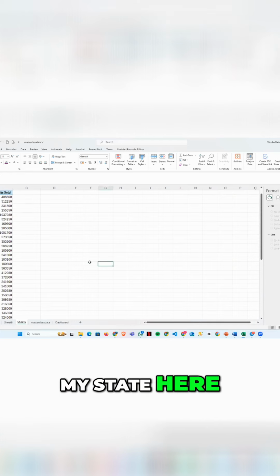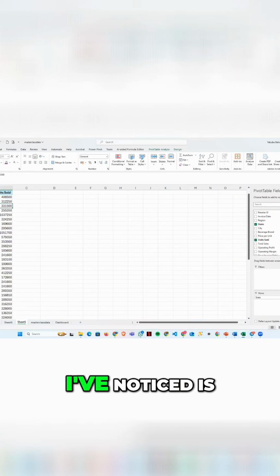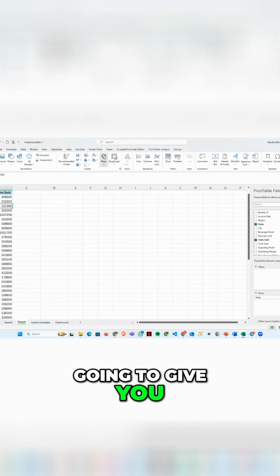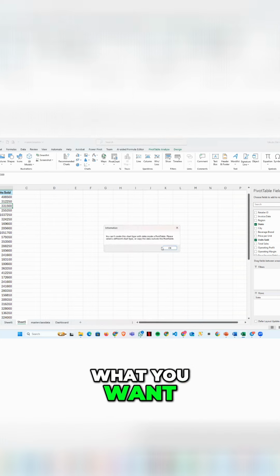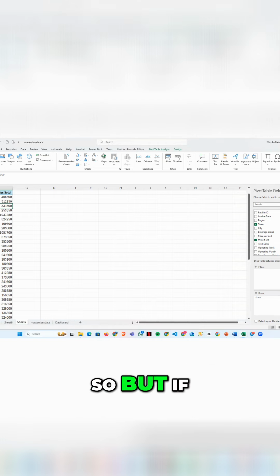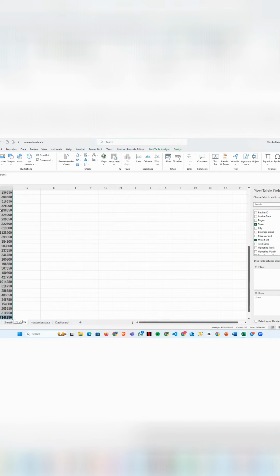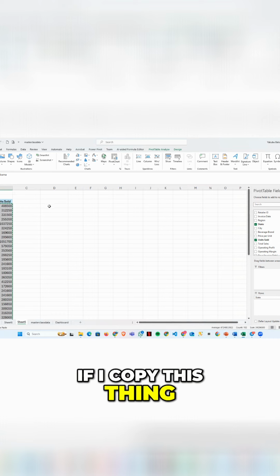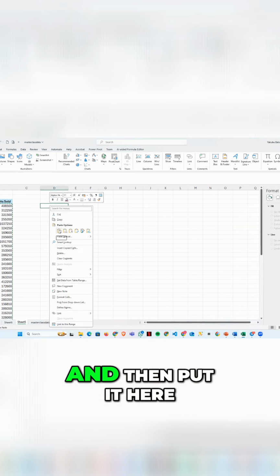Then I've got my state here. And one thing I've noticed is this is not going to give you what you want. It won't, okay? You can't create this chart with data inside a pivot table, okay? But if we copy this thing and then put it here,